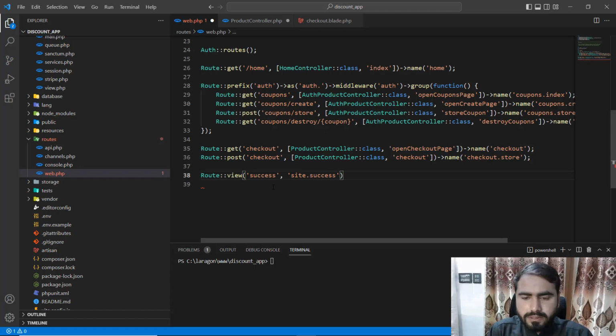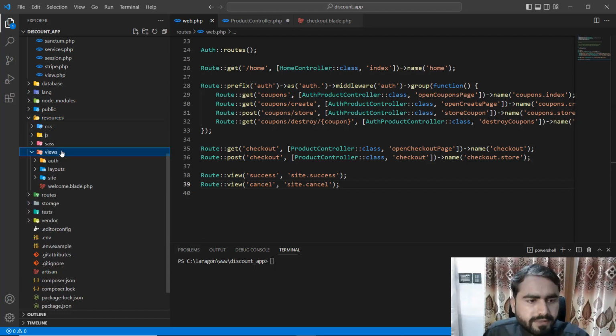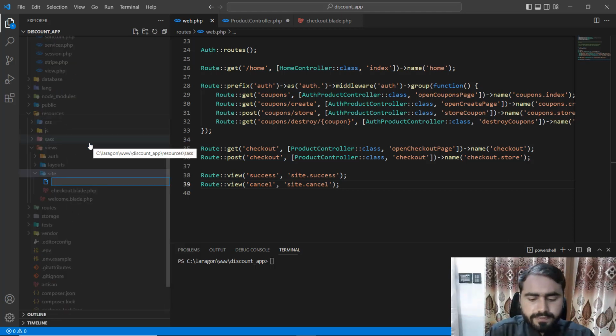I will create both of these in a minute, and this would be the cancel, right? So just go to resources, views, site, and in the site you need to create this success dot blade dot php,